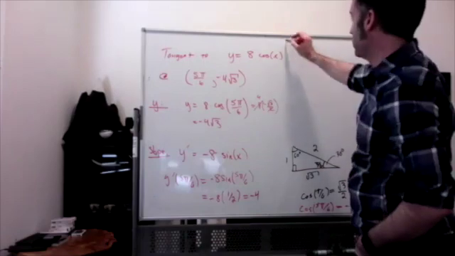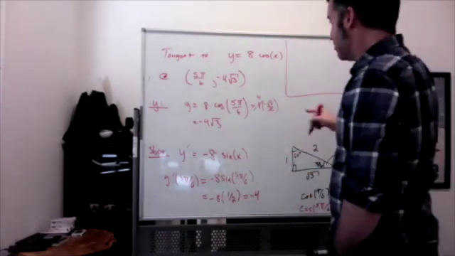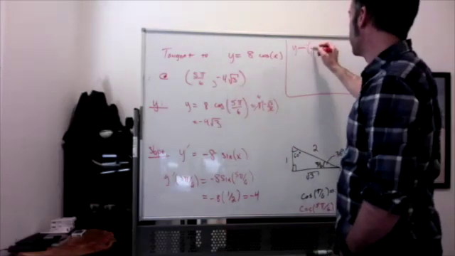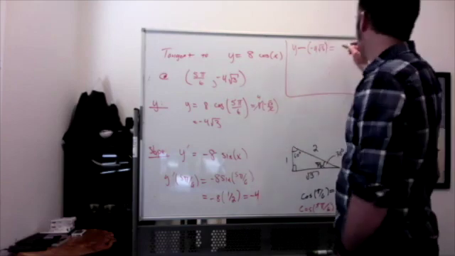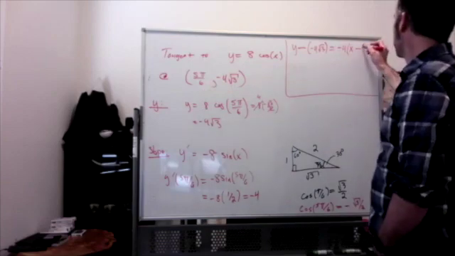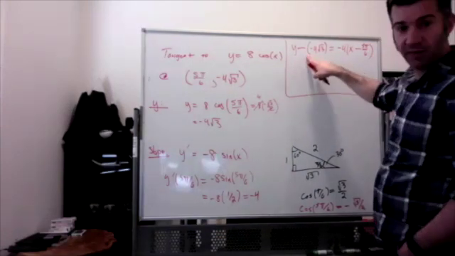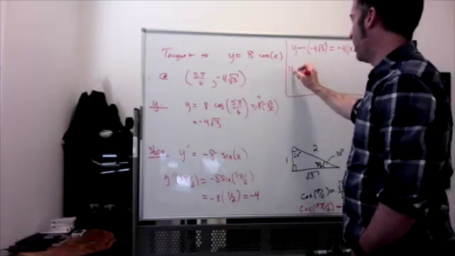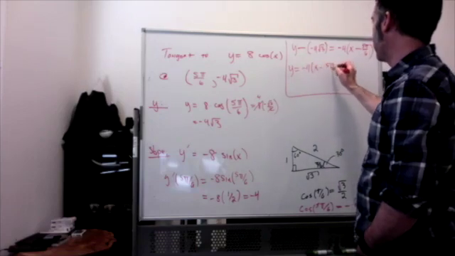So my line equation, written in the point slope form, which is what I like, is going to be y minus the y coordinate equal to the slope times x minus the x coordinate. And then, so this is y plus 4 root 3. I'm going to subtract that from both sides. So I'm going to get y equal to negative 4 times x minus 5 pi over 6